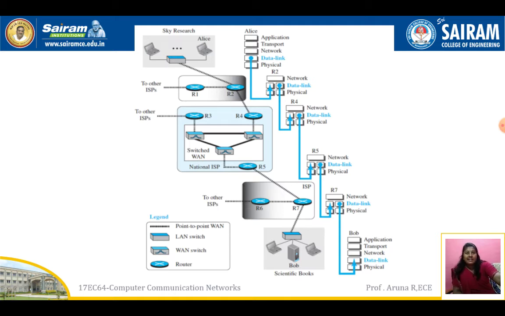In this example, when Alice is sending information to Bob, everywhere it crosses the routers, the switches, or reaches the ISPs, the information will be touching the data link layer. So it is traveling from one node to the other node of the data link layer. This is the sample example of how the structure looks and how the data link layer is working.